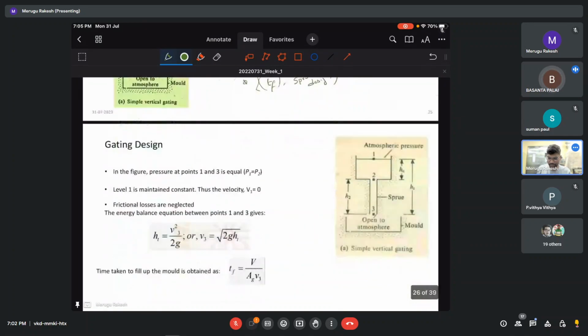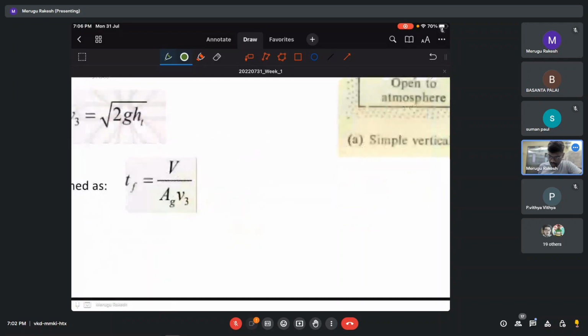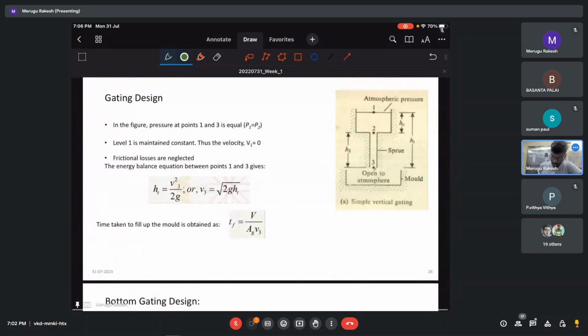Okay, so let us start this gating system. As I'm saying, unless otherwise specified, go for top gating system in any question, and then see the diagram as well. If the diagram is provided to you, just see the diagram and do the calculations. So basically, in order to get this filling time TF, this is the volume of the casting